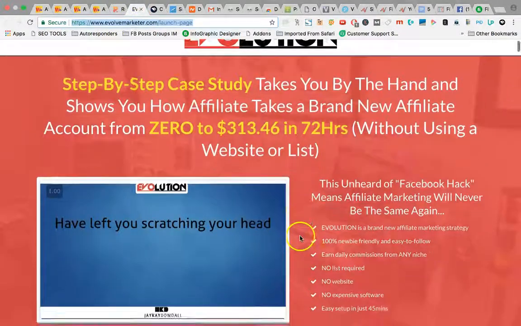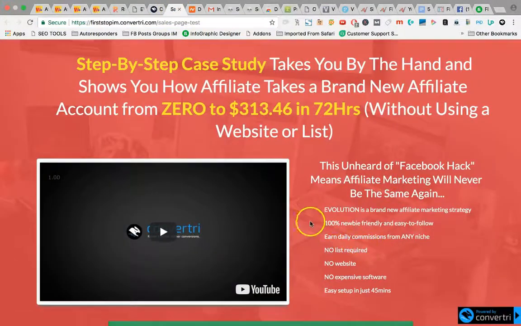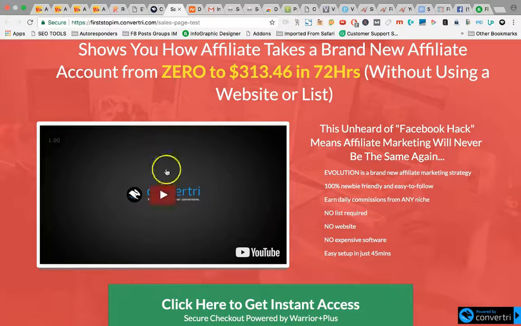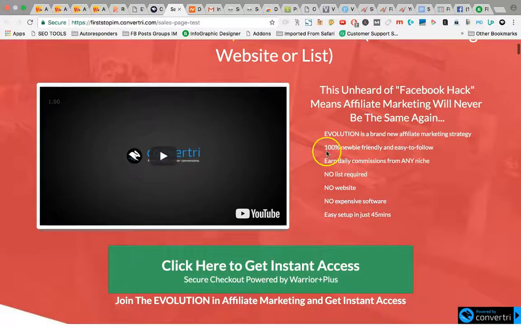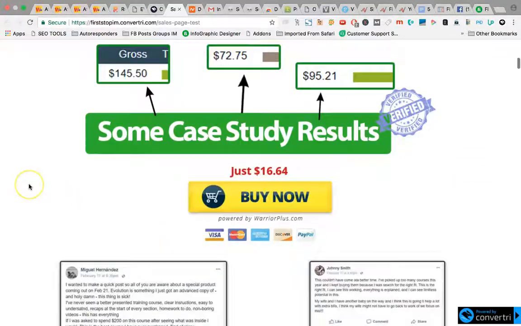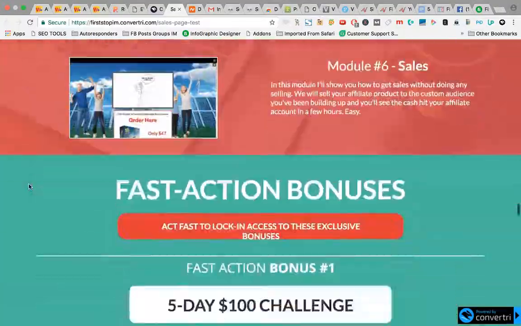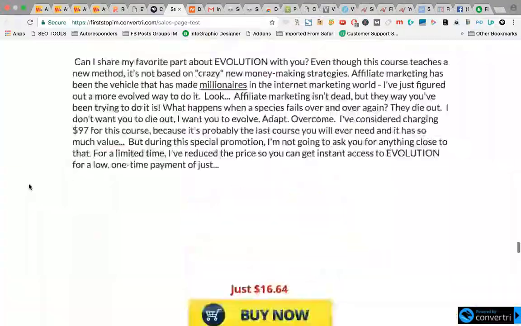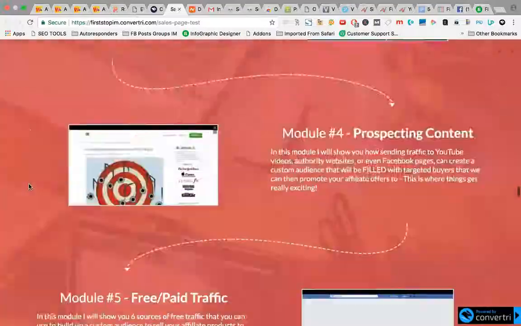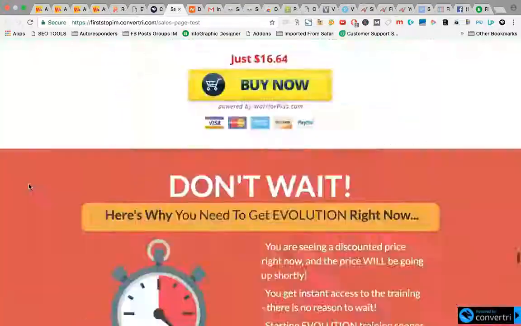Now there are a few things that it hasn't grabbed. So as an example, these little ticks here, unfortunately it hasn't grabbed those, but we can obviously get our own ticks. We can download those ticks and whatever else and then put these in place. Personally I prefer green ticks, so I would replace that with green ticks and then obviously write my own information here. Obviously we need our own images and stuff like that as well, our own testimonials, but this then means that we have a start of a sales page and then we can go in and edit each section as we go along, and then we have a perfectly working sales page that we know will actually convert at